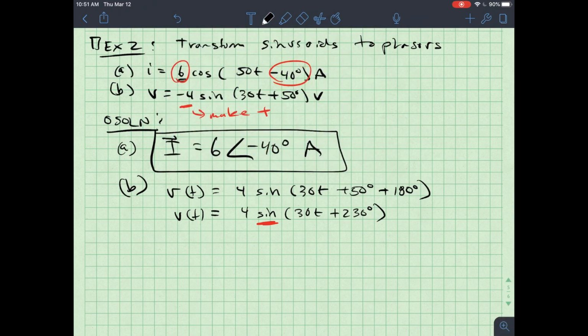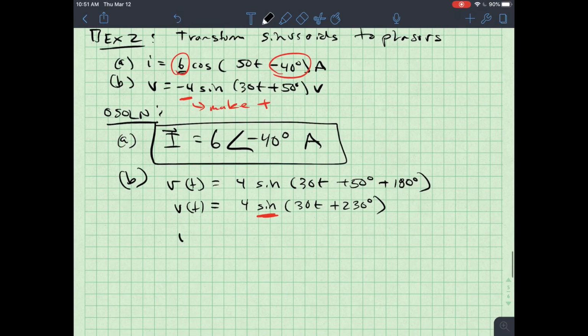And I know that if I want to make a cosine look like a sine, I need to subtract 90 degrees. So V of t, in cosine form, would be 4 cosine of 30t plus 230 degrees minus 90 degrees, and that is equal to 4 cosine of 30t plus 140 degrees